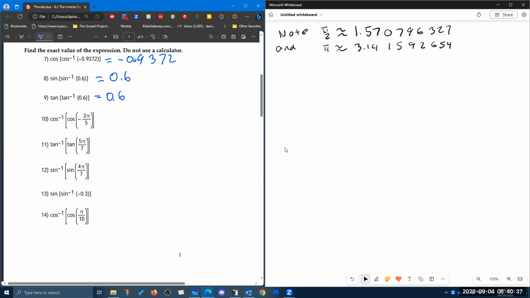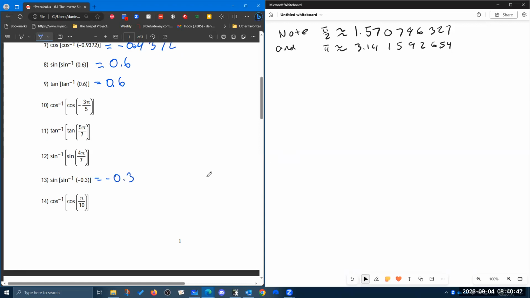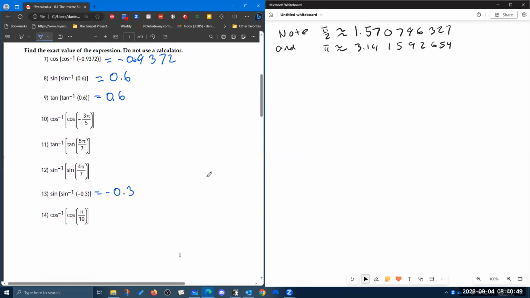So there's that. I'm going to skip these other ones for a second because I'm going to need to draw things over here for them. I'm going to go straight to this one. And I think, yep, that's the last one that's like that. There's only 4 of them like that. So now when the regular trig function is on the inside and the inverse trig function is on the outside, like these other ones that I have left, I need to draw a picture and make sure that I know what quadrant I'm in. So cosine of -3 pi over 5 is going to be